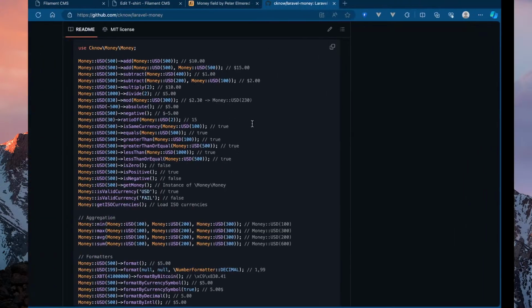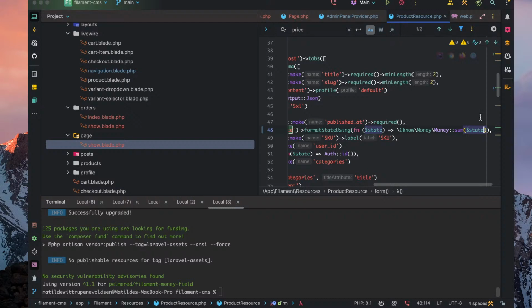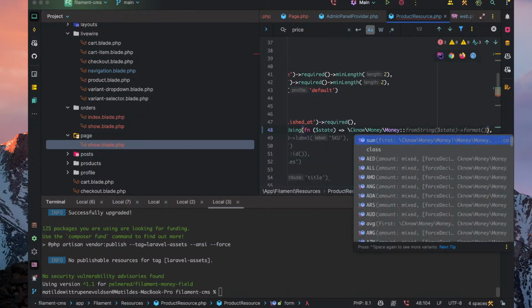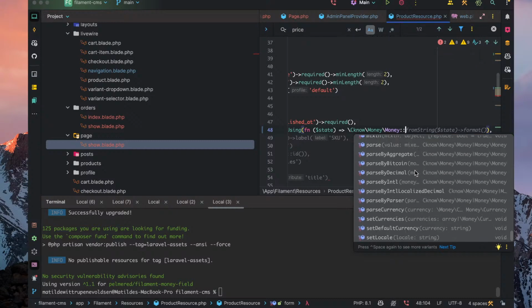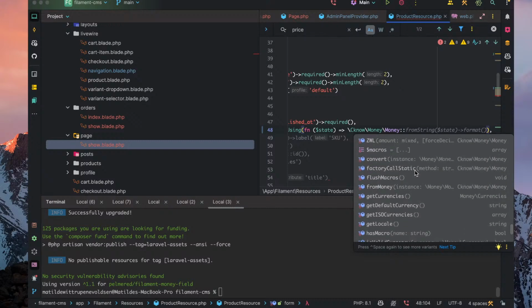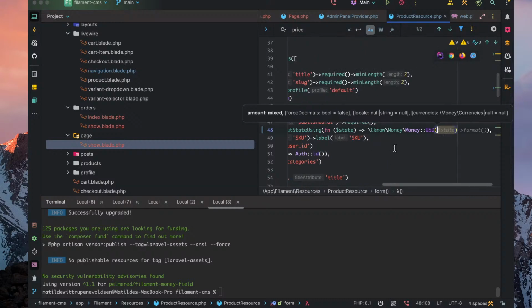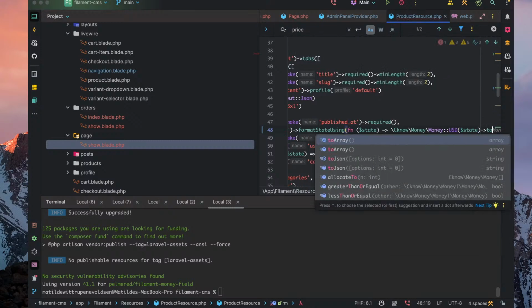Let's see what happens if we say sum. What is that? No, that's not working. So in here we have all these currencies we can choose from, which is perfect. So if you say money USD for this case, pass in state, and then say to